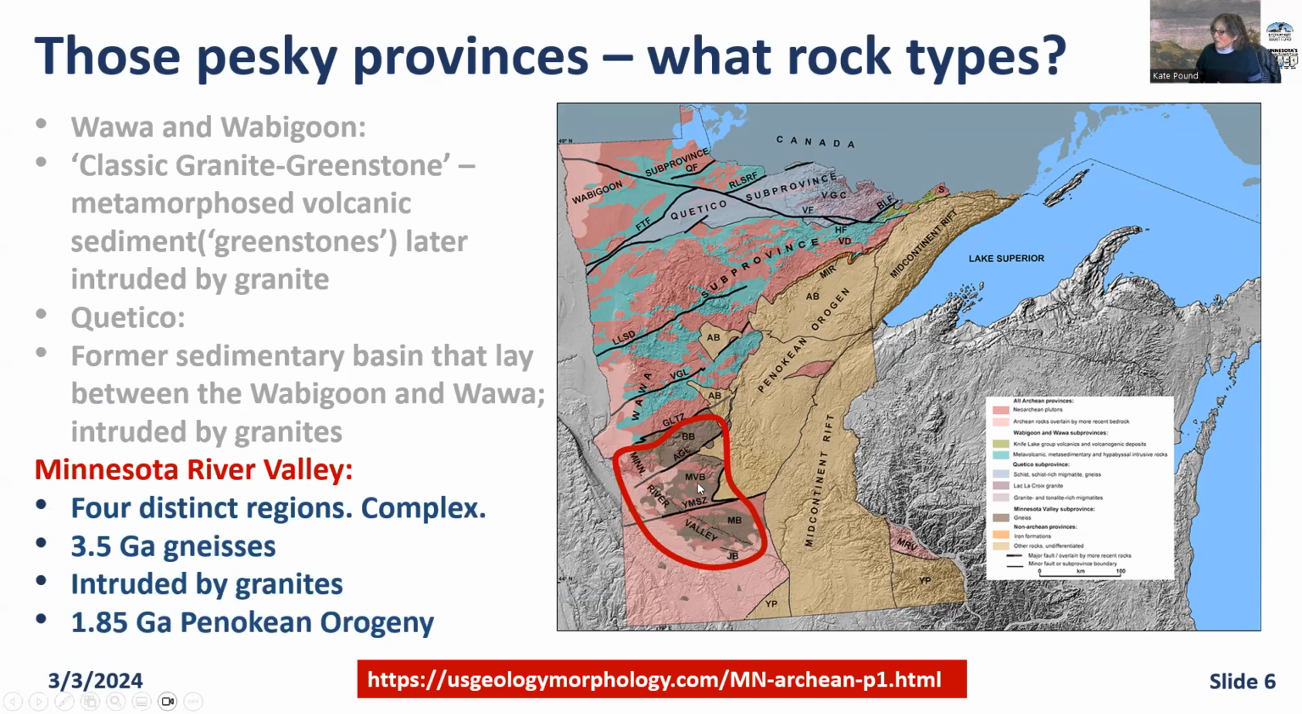As I've mentioned, it's divided into 4 distinct regions. It's kind of complex, but essentially it's made up of really old gneisses, 3.5 billion year old gneisses. And the Morton gneiss is a good example of that. Those gneisses were intruded by granites, and then these rocks were all affected by what we call the Penokean orogeny. And that's a mountain building event that took place at about